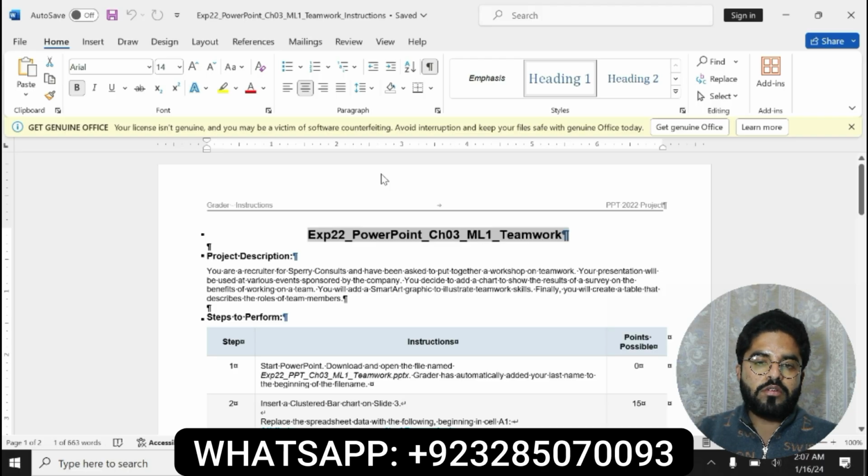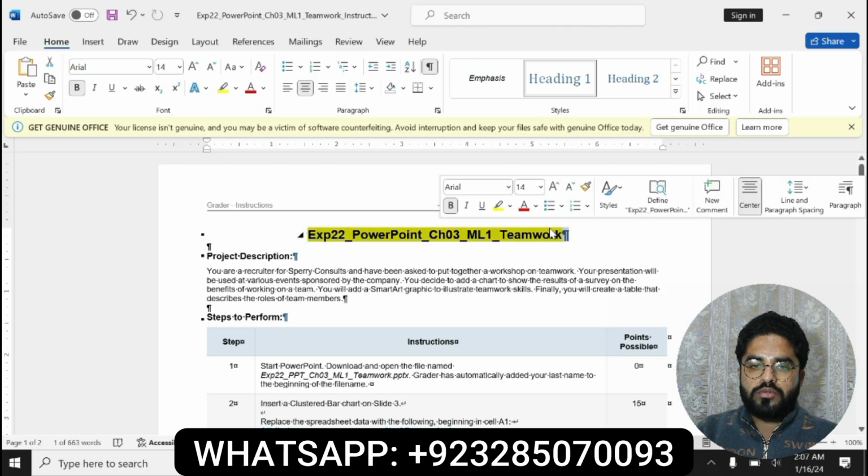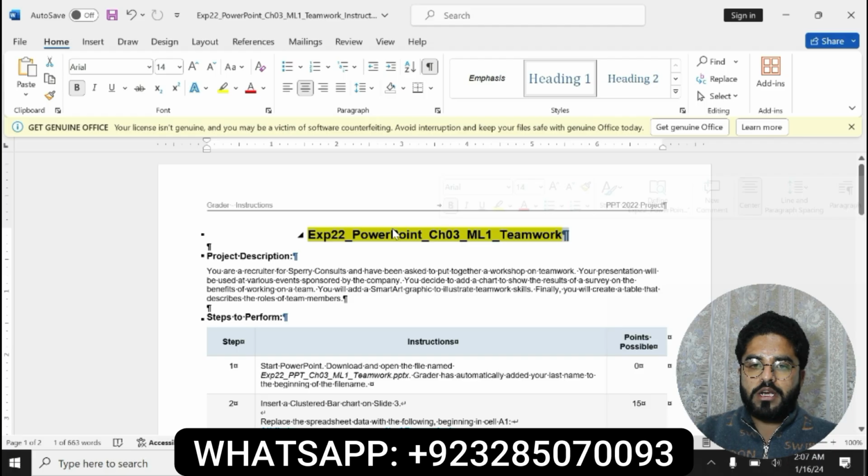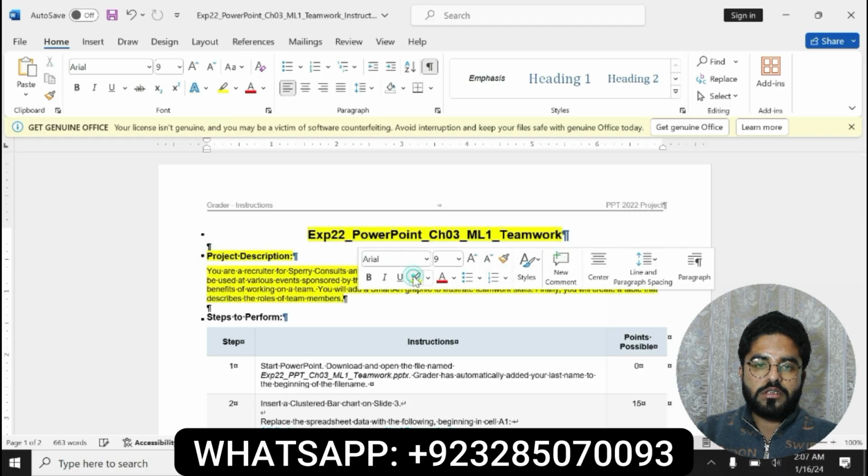Now let's start today's assessment and go through it step by step. Here is the title of the assessment, EXP22 PowerPoint Chapter 3 Mid-Level 1 Teamwork. Here is the project description. As you can see that